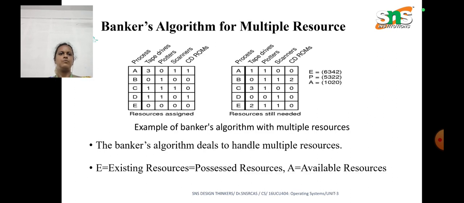Banker's algorithm for multiple resources. The Banker's algorithm can also handle multiple resources, where B is the existing resources possessed and A is the available resources